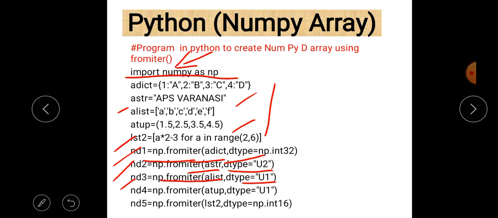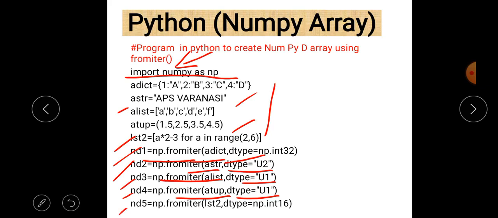For string we can define u1 and u2 as a data type. Next is nd4. So nd4 is equal to np.fromiter, and we pass a parameter tup, which is basically a tuple, and we define data type as u1 also in this case. Next is nd5.